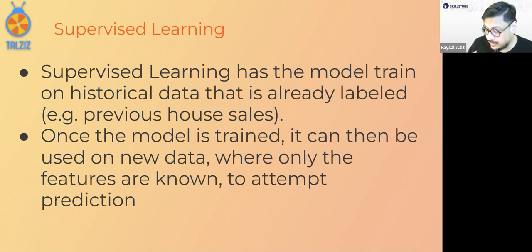Meaning, as you feed the data, it reads the data and tries to discern a pattern from it. This is the learning process. And once it's learned everything, it is now a trained model. Once you have a trained model, you may attempt to predict.